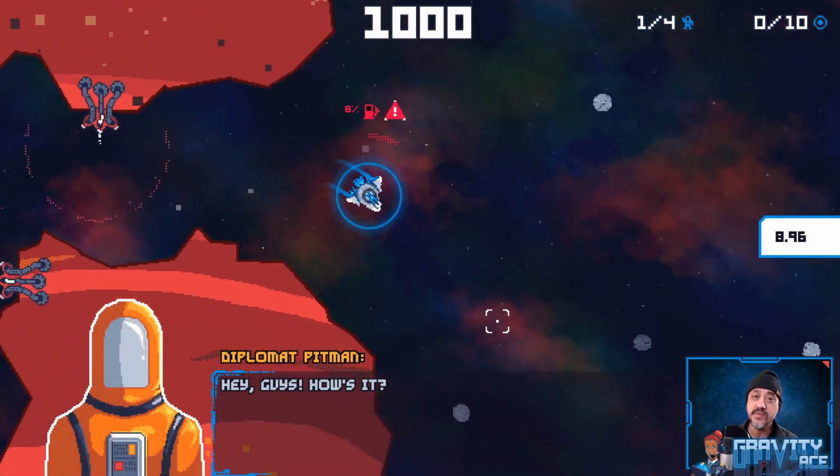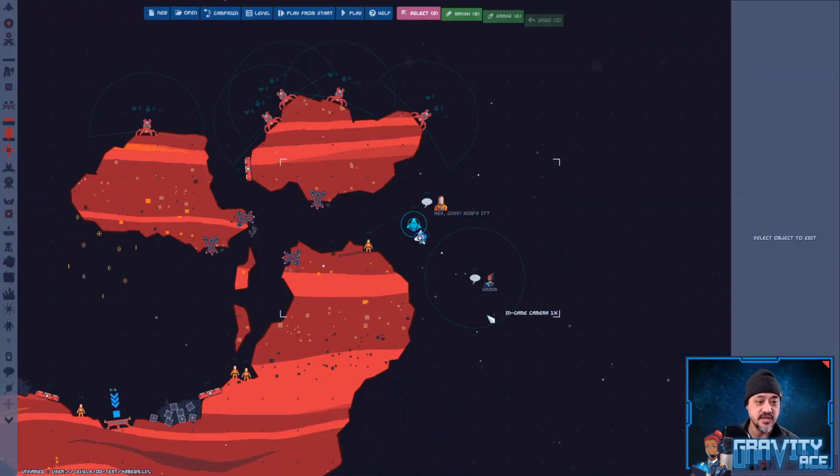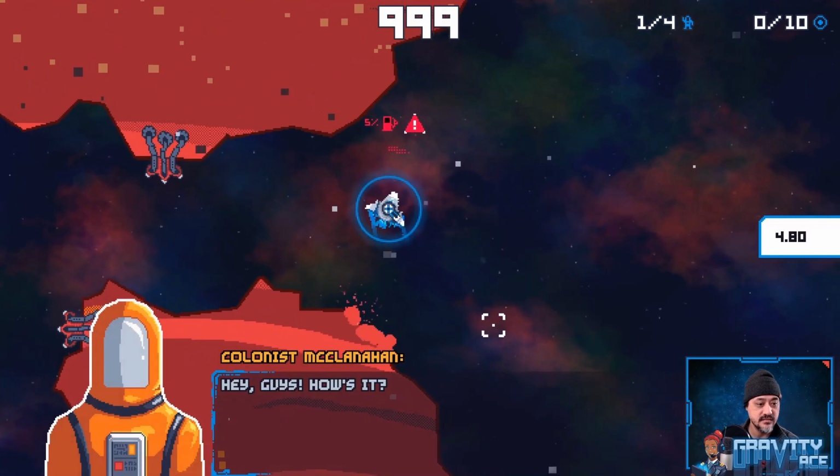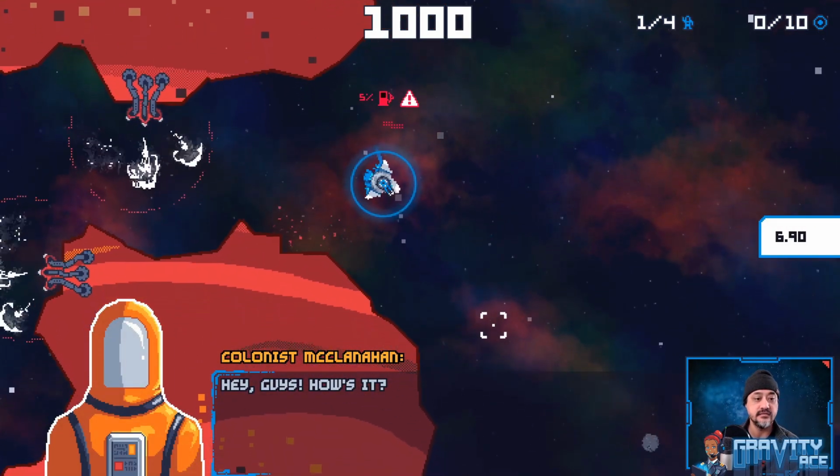This is Diplomat Pittman. Let's do another one. And now, random name is Colonist McLanahan. Pretty cool. It adds a little emotion to the game. You get to know these characters a little bit and it makes you really want to save them, rescue them. Scooter, one of the participants in my chat, suggested that we put them on the game over screen